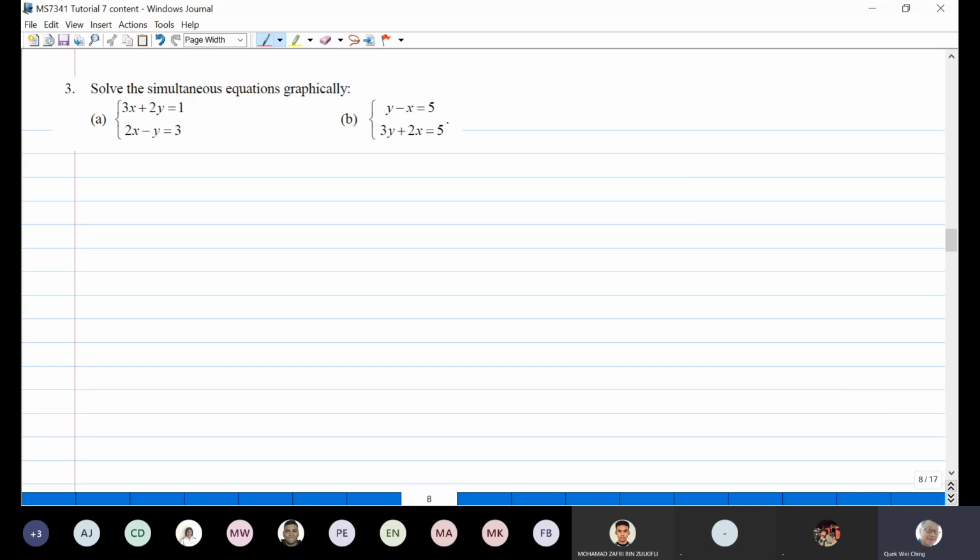Solve the simultaneous equation graphically. Graphically means draw a graph. So how do you draw a graph? You need to arrange the equation first. So let's arrange the equation first for part A. I've got some blank space here. So for part A first,